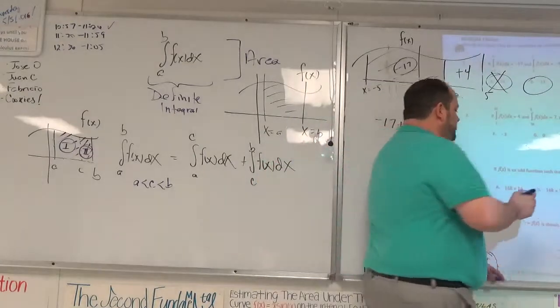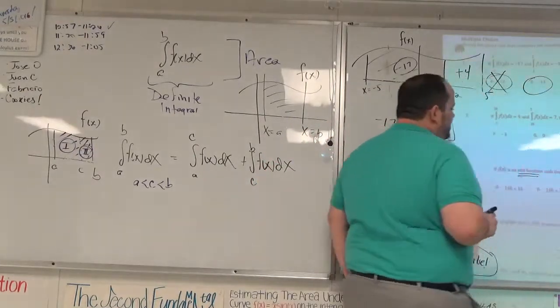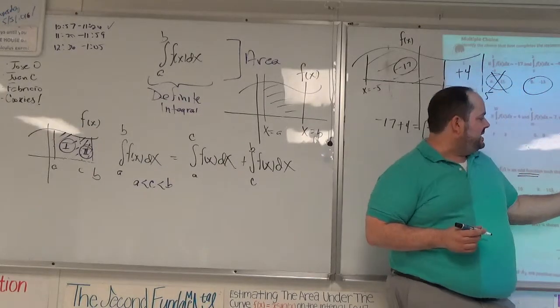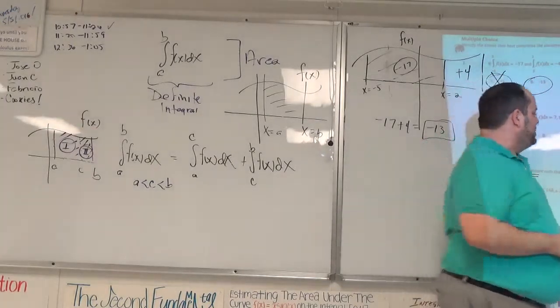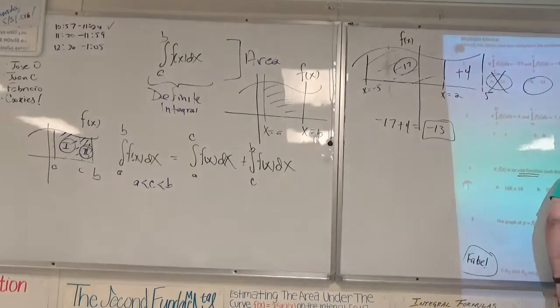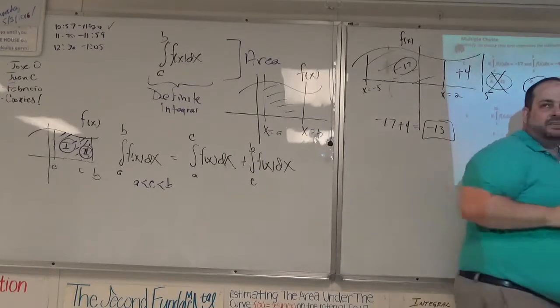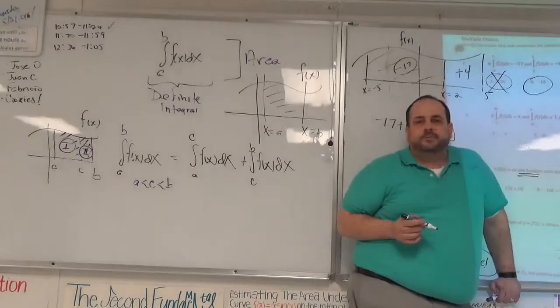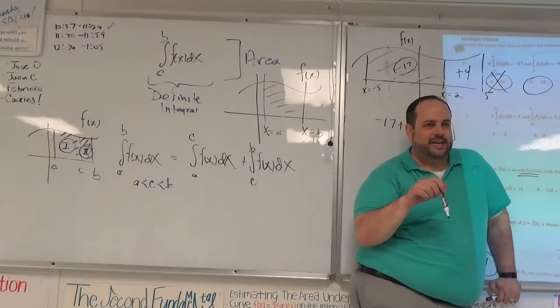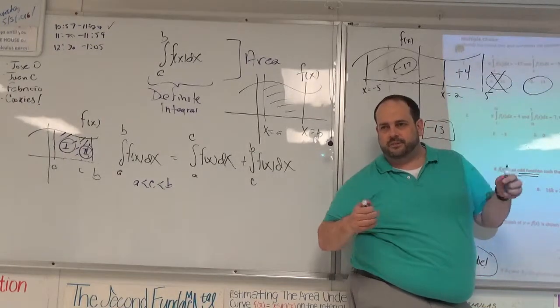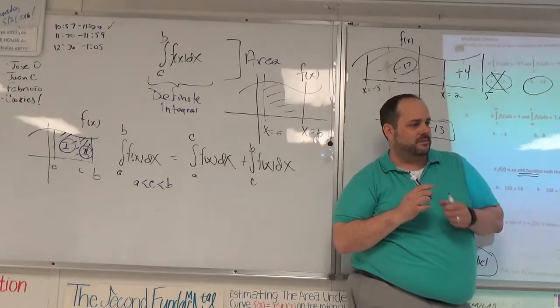F is an odd function such that the integral from 0 to 4 of f of x dx is equal to 8, and k is a constant. I want to look at this definite integral from -4 to 4 of k times f of x plus 2 dx. There are a couple of nice properties. We haven't talked about them yet today, but there are some nice things we could do with the definite integral, such as